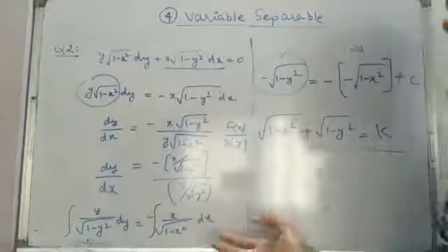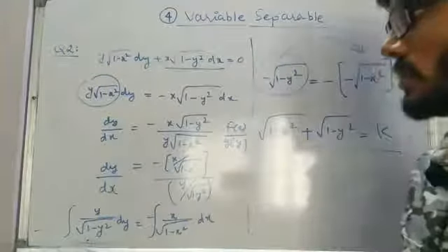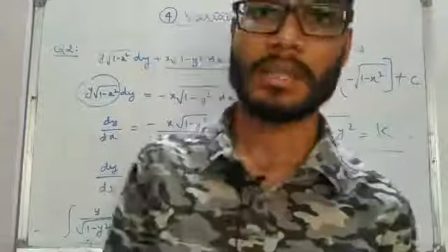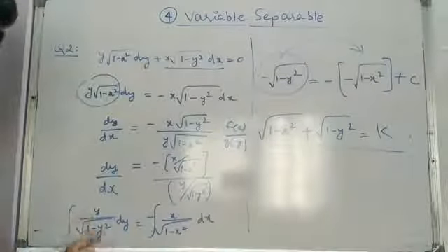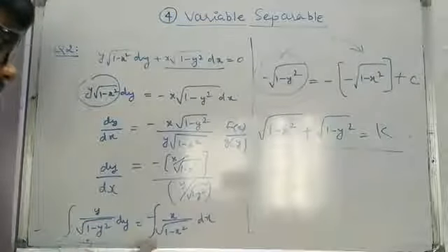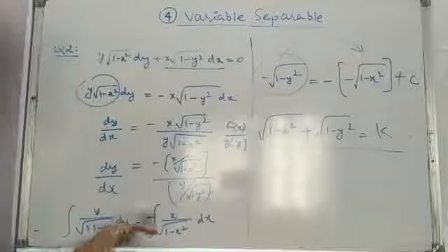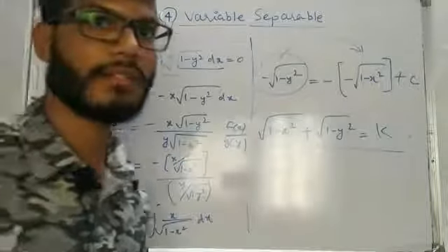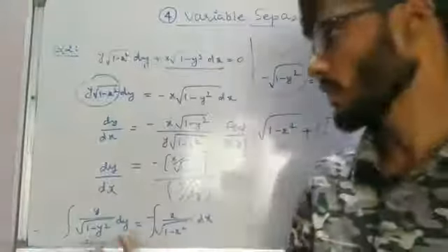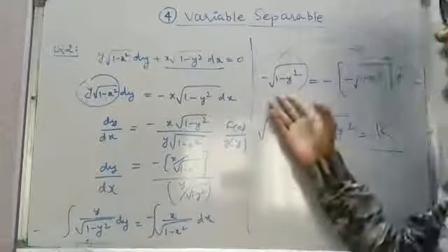So it is quite simple, we need not apply any special rules or methods in this. We simply have to separate the variables, bring the y terms with dy together and the x terms with dx together, and integrate. The only additional thing we did here is the integration of y upon √(1 − y²). If we don't know it directly, we can make use of the substitution method and write the solution.